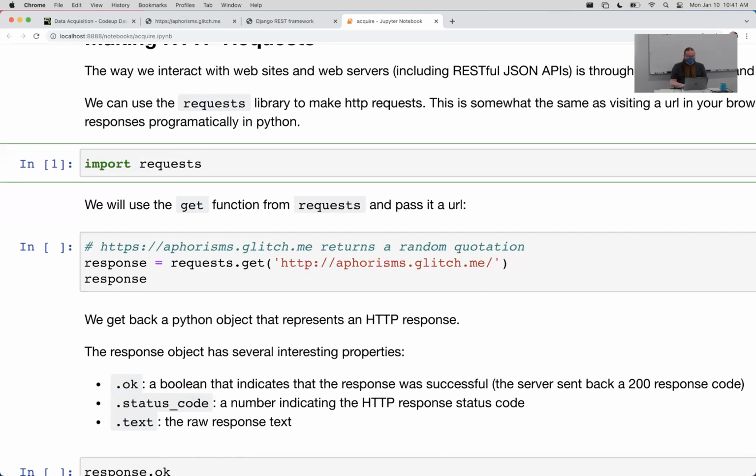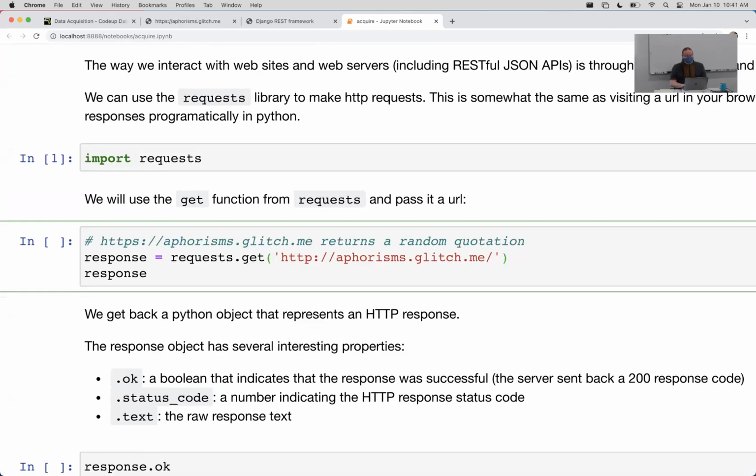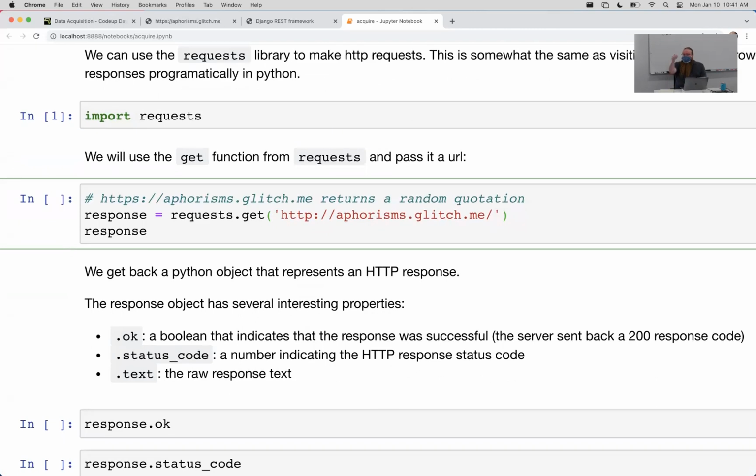But check this out. What this requests library gets us is the ability to make an HTTP request across the internet. And if that server's there, and if there's any authentication, if you've figured that out, everything we're going to be using doesn't require additional authentication. But check this out. I'm going to make a GET request. In the anatomy of requests, there's GET requests, which is a download request. It's a gimme request. And then there's a POST,